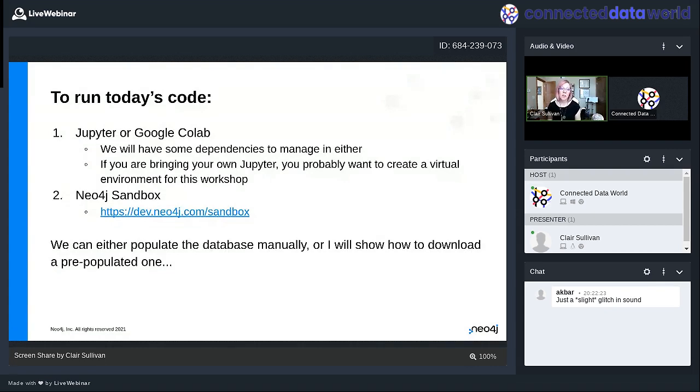First, we're going to be using either Jupyter or Colab. Colab you can run just from your browser if you're not familiar with it. Jupyter, in the repository, there are some dependencies that you're going to want to install. So you can go either way, but check out the repo if you're wanting to do this on your own machine.